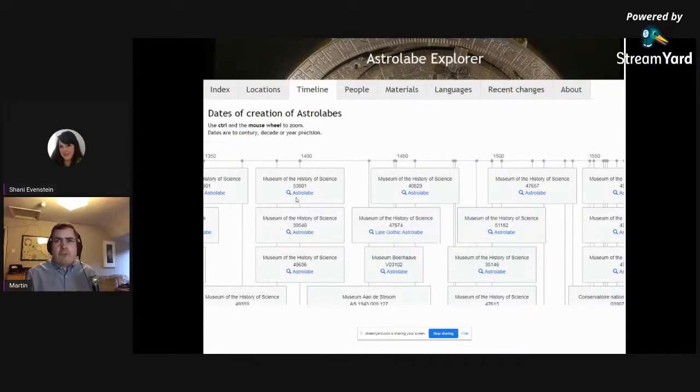And I've got to stress that the software the museums themselves are using for their catalogs is pretty old-fashioned software that we'd think of now, and just doesn't have these fancy interfaces. They can enter a date, but you can't actually see the dates spread out on the timeline and zoom in on the timeline you're interested in. And you certainly couldn't see astrolabes from dozens of different museums in one interface. That's just not possible with the